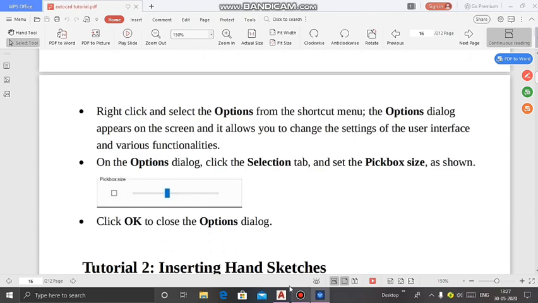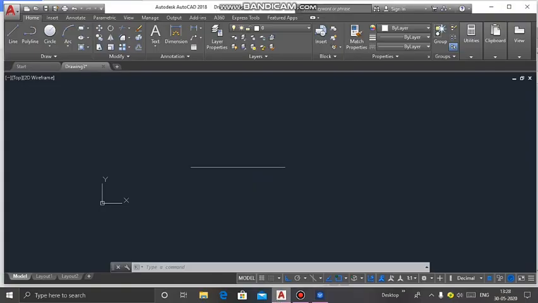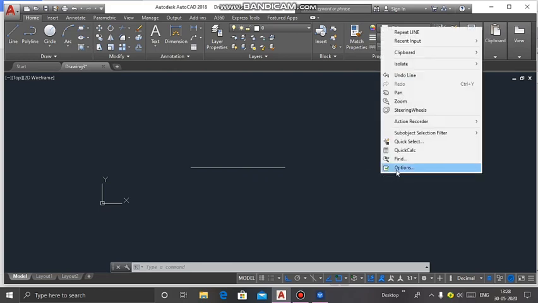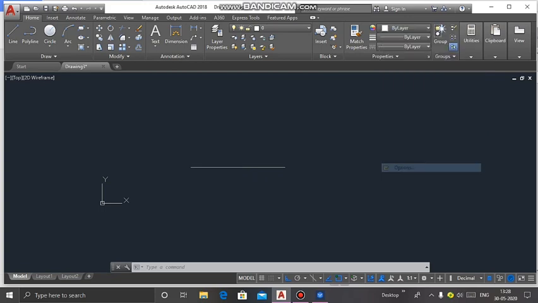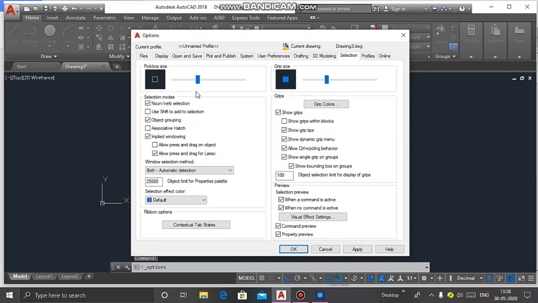Now I will perform all these 3 points in AutoCAD. First, right click your mouse, then go to Options. Now I want to decrease and increase the pick box size, the cursor size.